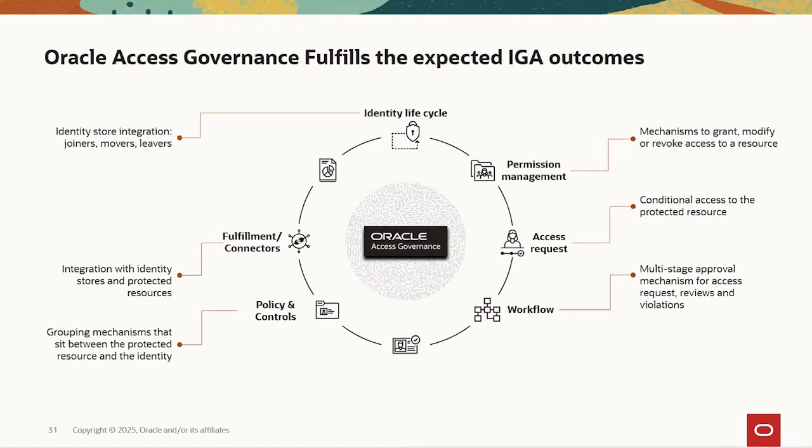So the user's manager has to approve for sure, but any 2 from the remaining 4 can approve the request, and then the access will be provisioned. So it supports all of those different permutations and combinations when it comes to approval management and provisioning based on